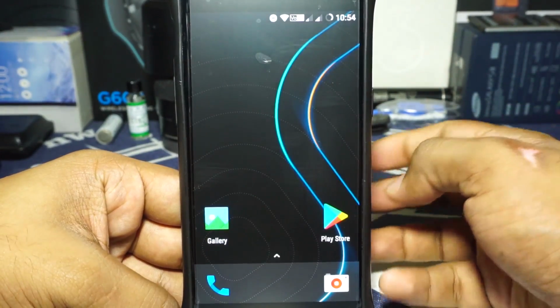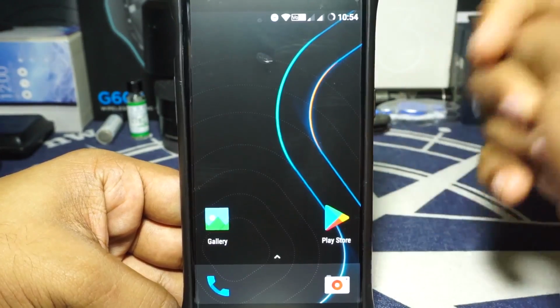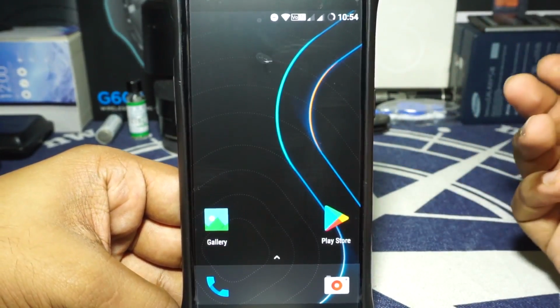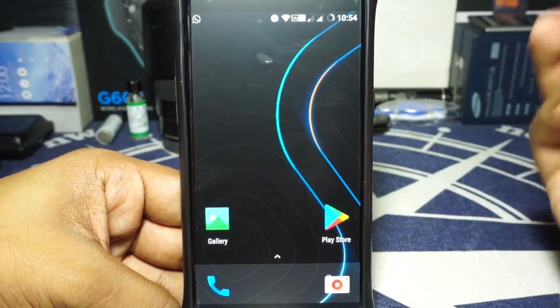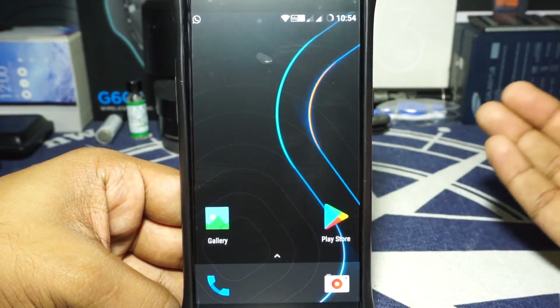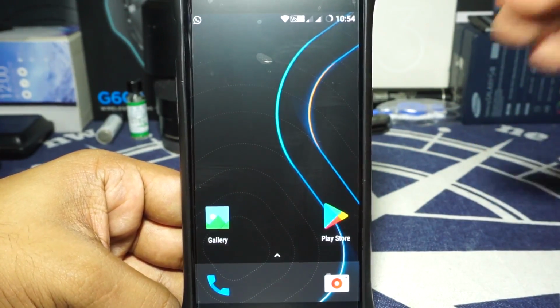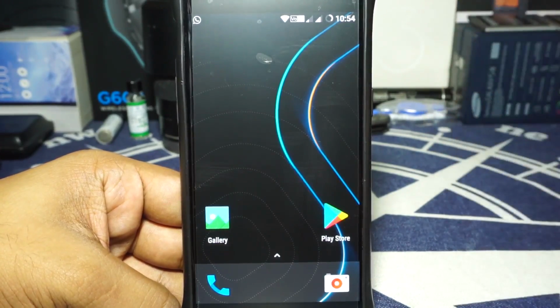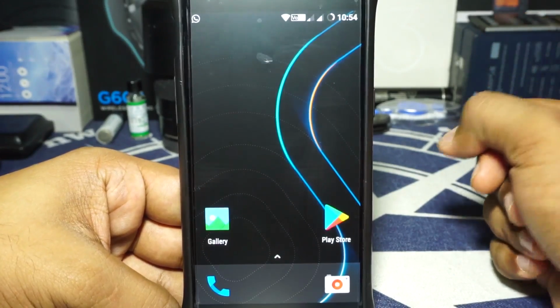So there you have it, guys. I think that much is it about the ROM. I really like this ROM. It has been working really good for me. It's just a great daily driver. The battery life is great, performance is amazing, stability is right up there with any other ROM, and I'm really happy with that. Now my final score is going to be